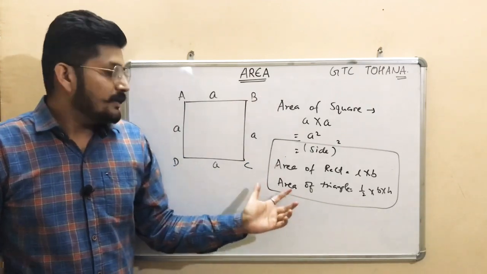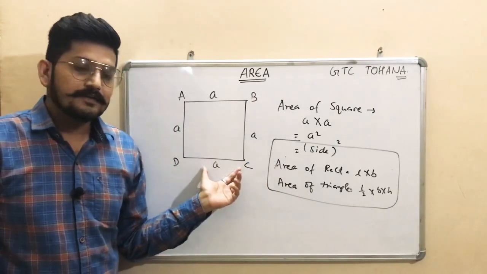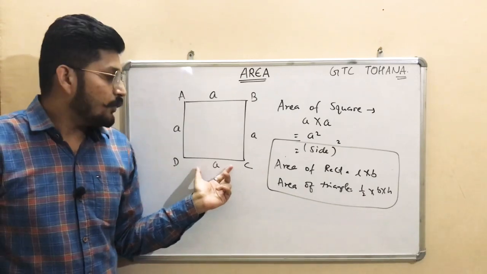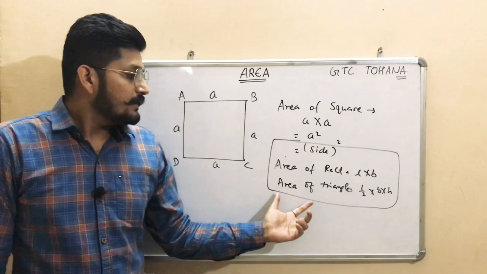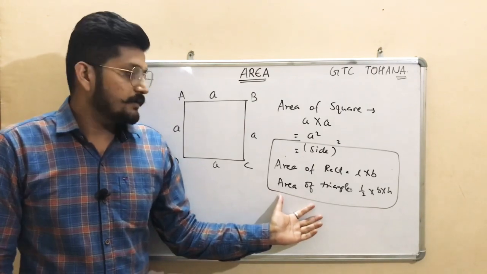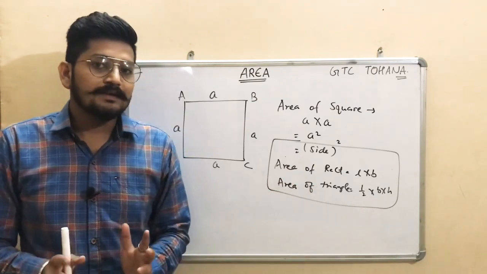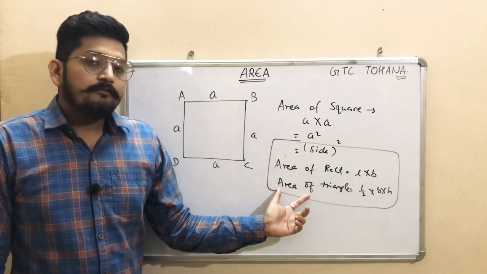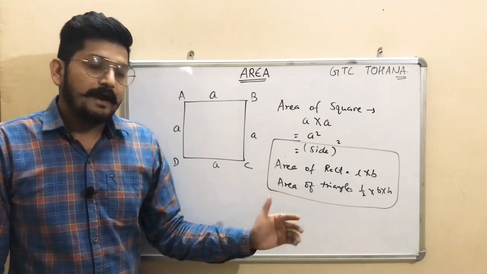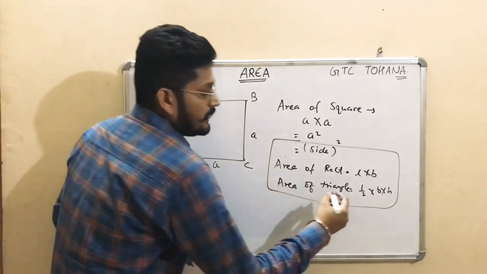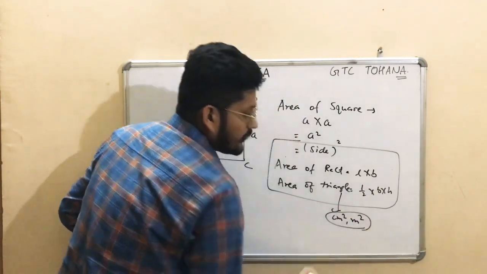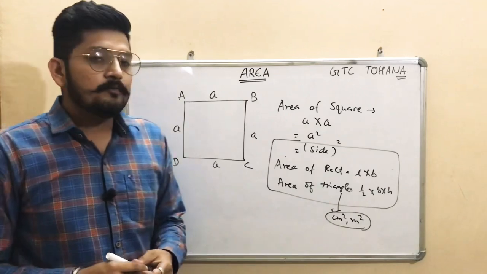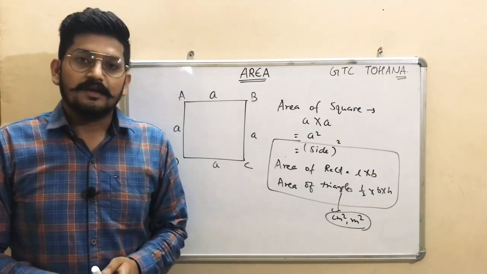It's very easy. If you understand these figures and the sides, what the value of the sides are given in the question, then you can easily calculate area, perimeter. And note down one thing, unit of perimeter is centimeter and area is centimeter square. Answer would be in centimeter square or meter square, and while in perimeter the answer would be in centimeter and meter.